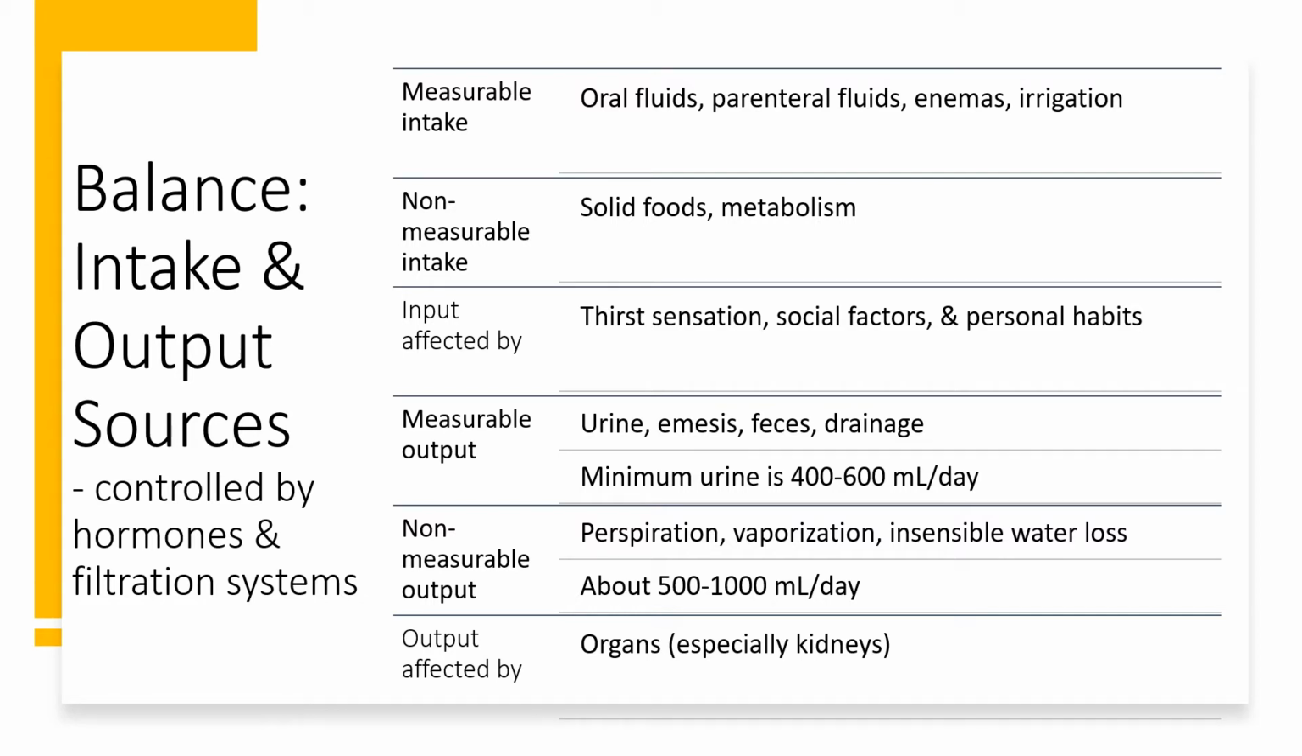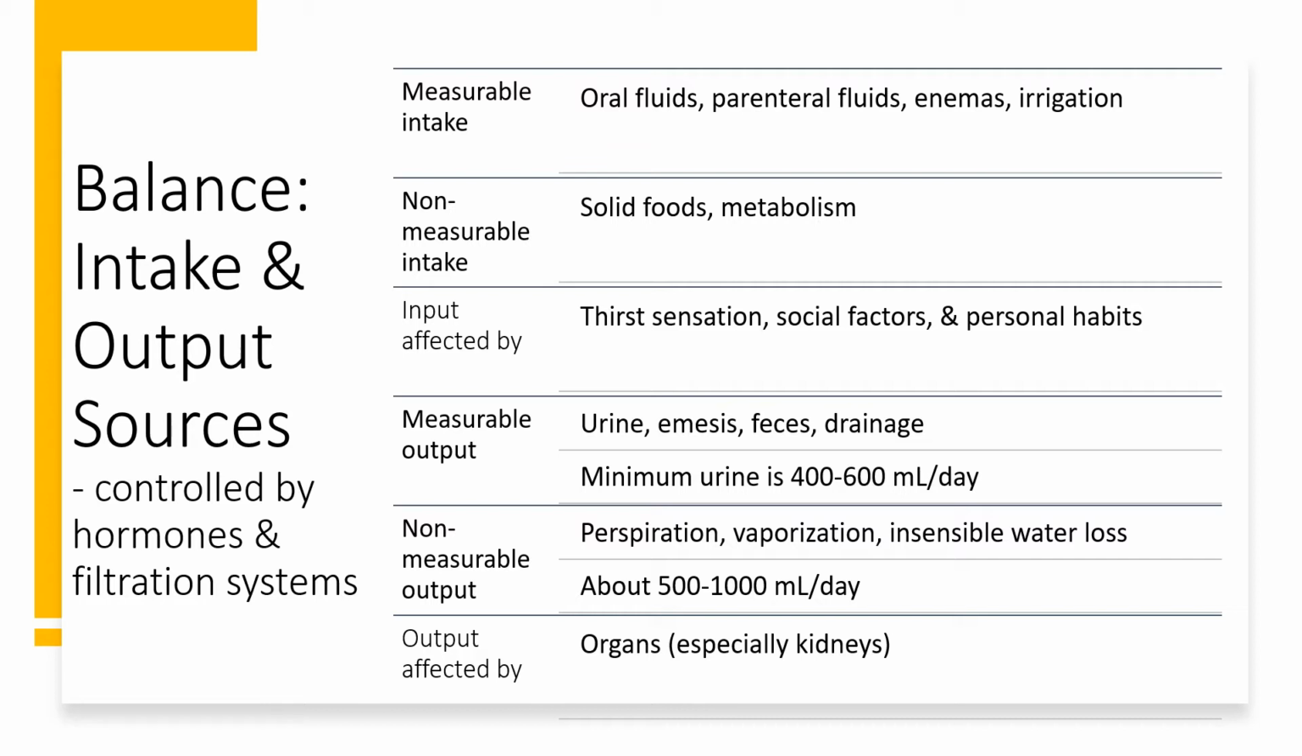Then we have measurable output and non-measurable output. This is most commonly urine, emesis, feces, or any drainage, like from wounds. So we need to know that a minimum urine output per day is 400 to 600 milliliters. So if they are not putting out at least that much urine in a day, they are considered oliguric, so the minimal output, and they are at risk for